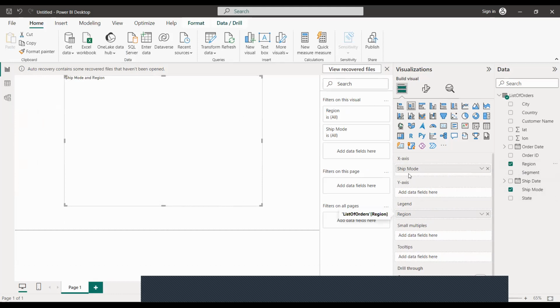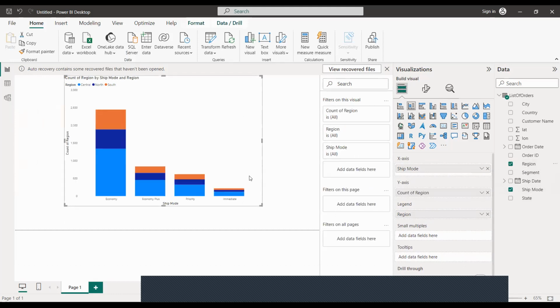So on the y-axis, and then the x-axis. So we have the ship mode against the region. Now, from this, we can actually tell which of the ship modes is doing well in the various regions, right?